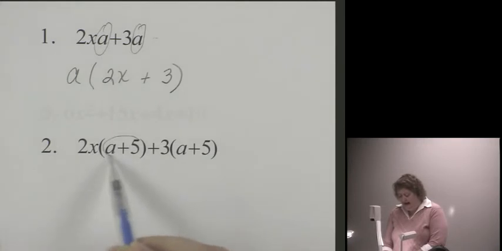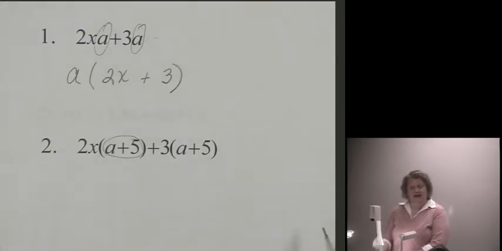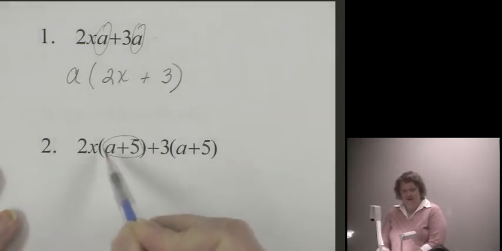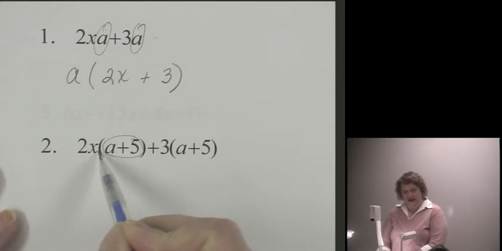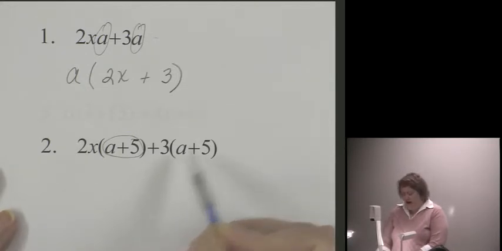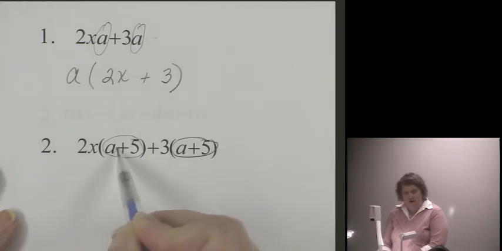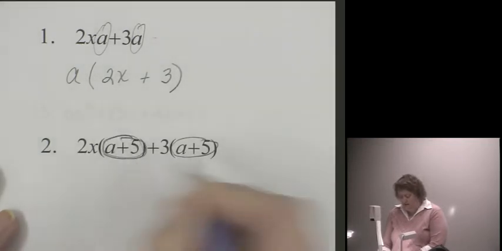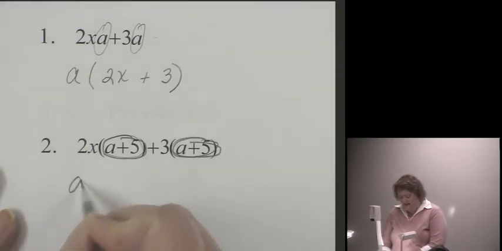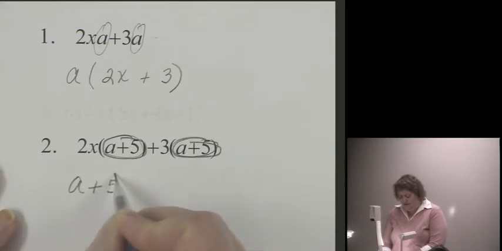This a plus 5 is a group, but it is still a common factor. It is a common group of items grouped together here, multiplied with the 2x. The a plus 5 is multiplied with 3. That makes it a factor. Therefore, it is a common factor. And because it's common to both terms, here and here, we can bring it out as the common factor